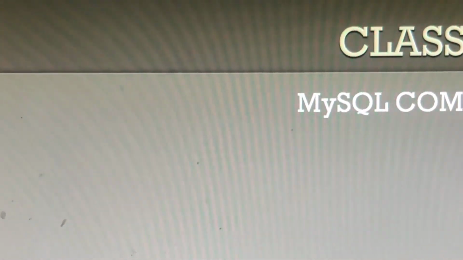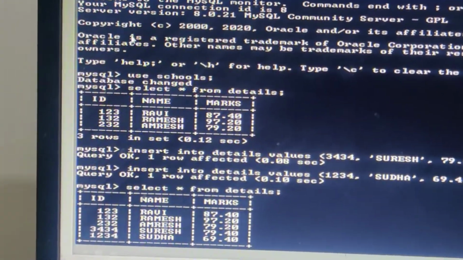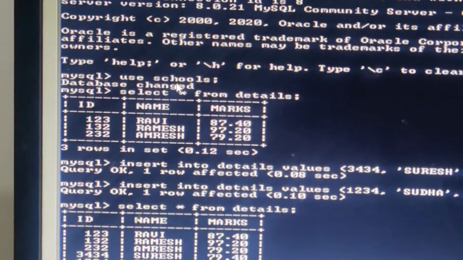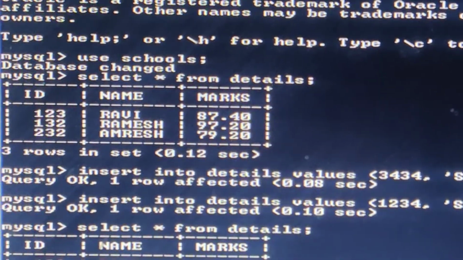Now we will do the MySQL commands by using the select command. Using the select command, first we have to use the database named school. We have already created the database in our previous class.